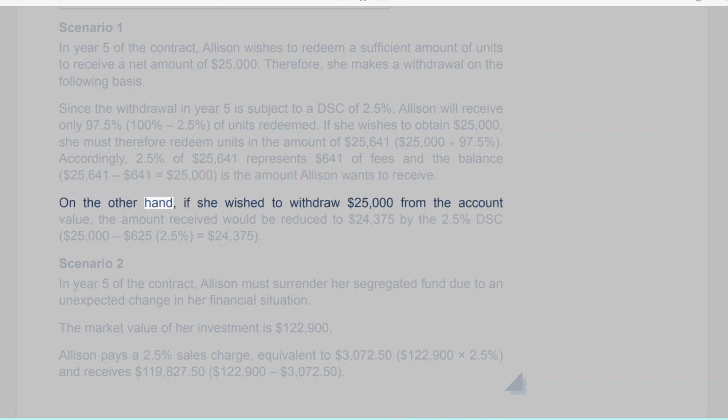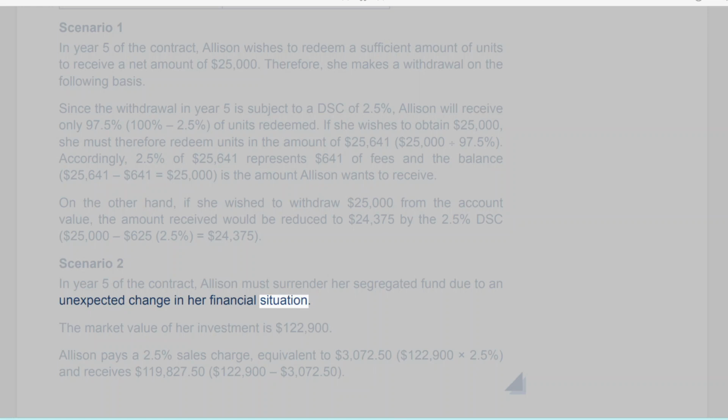On the other hand, if she wished to withdraw $25,000 from the account value, the amount received would be reduced to $24,375 by the 2.5% DSC: $25,000 minus $625 (2.5%) equals $24,375. Scenario 2. In year 5 of the contract, Allison must surrender her segregated fund due to an unexpected change